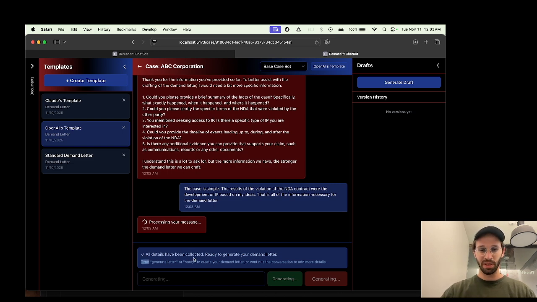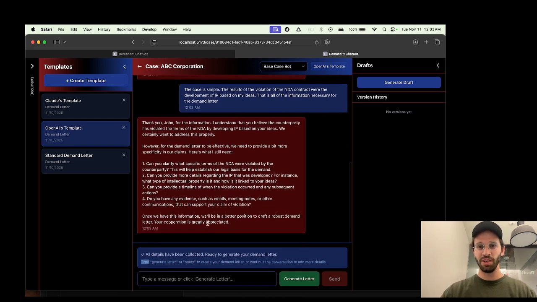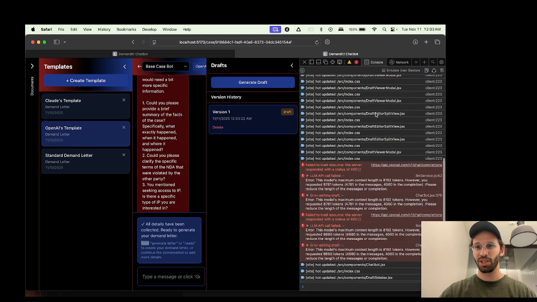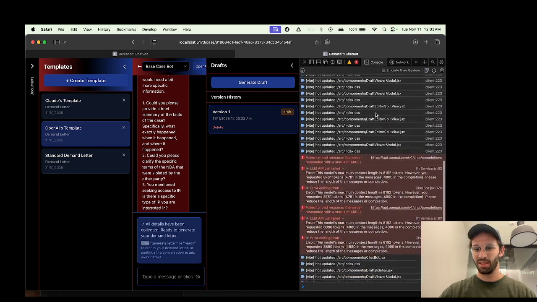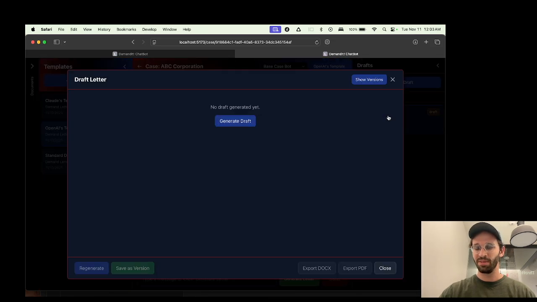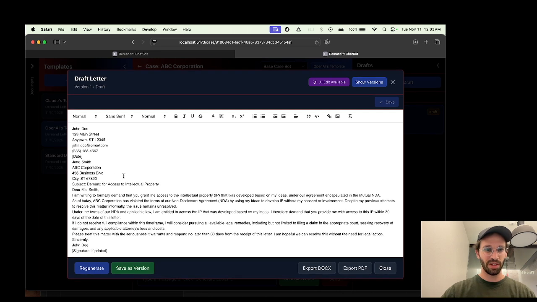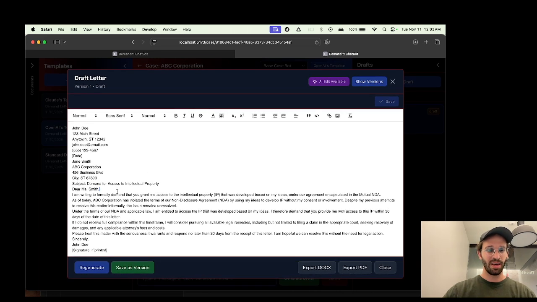All details have been collected. Cool, I got a notification here. Thanks, John. I'm John, apparently. Let's hit generate draft, even though it looks like it would like some evidence, meeting notes, and so on as evidence. So we've got this generating over here. This might take a minute. Haven't checked these in a while. Oh, we've got some old logs over there. Okay, it's generating something. It's in the structure of the OpenAI letter.